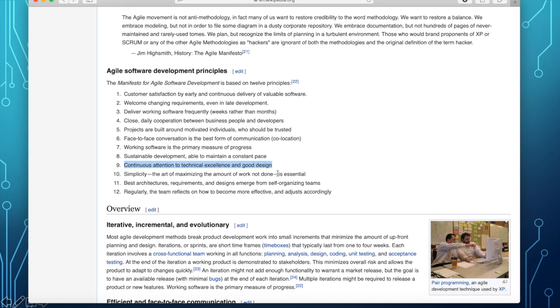Simplicity, the art of maximizing the amount of work not done, is essential. So we should always choose the simplest way of doing things, and we should be simple in our way of solving problems.